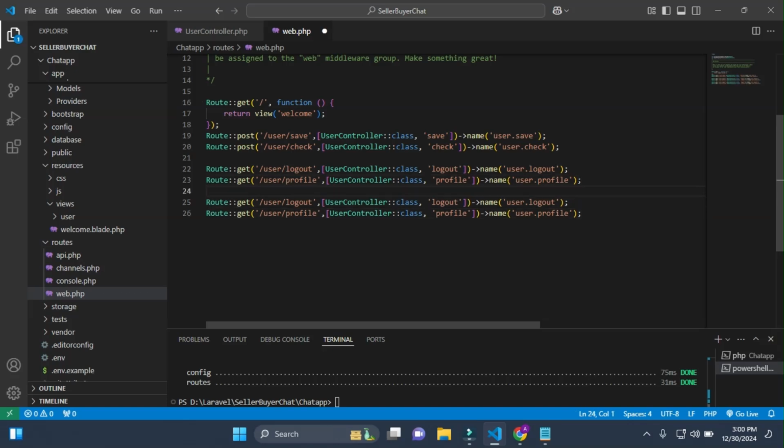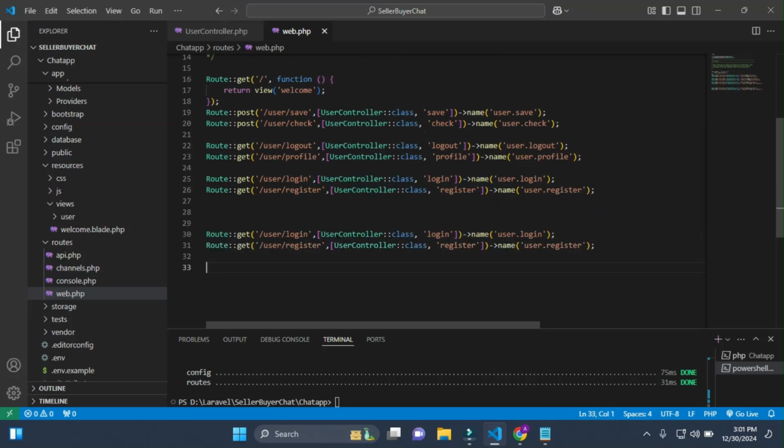After profile I have login and register. Okay, so these function names are also login and register. So I copy these and paste them here, okay, that's it. Register, copy this, paste it here and here. Okay, so register and login, just copy this and paste here, and after register and login I have profile view